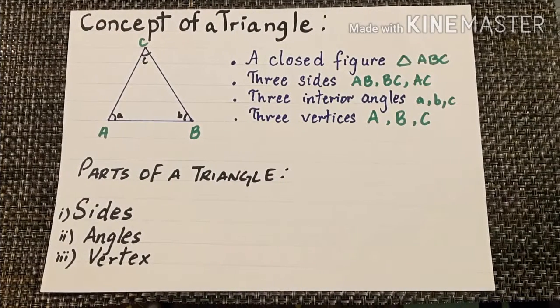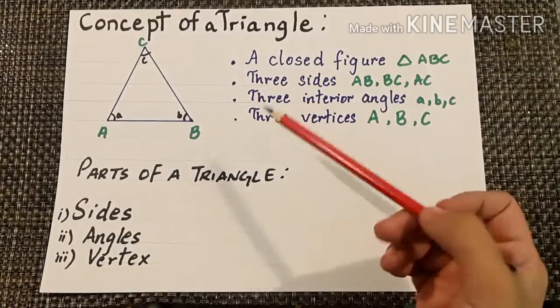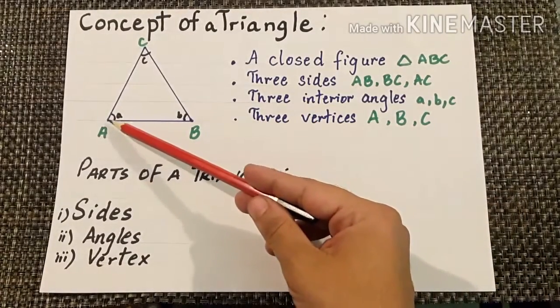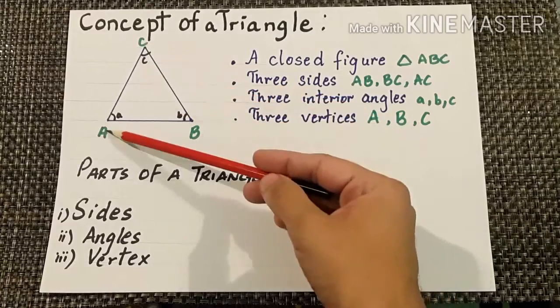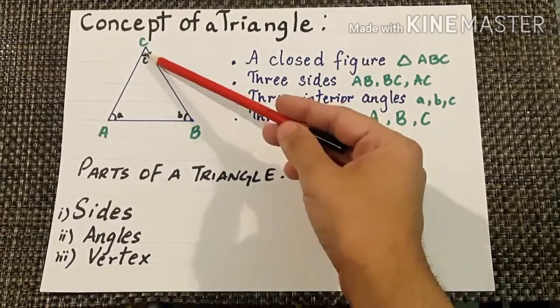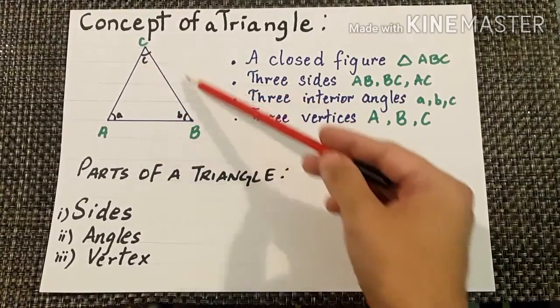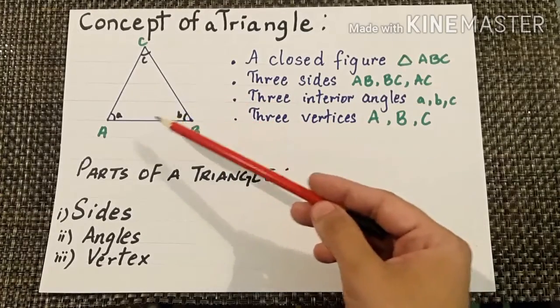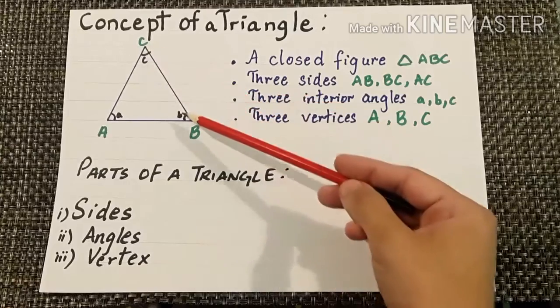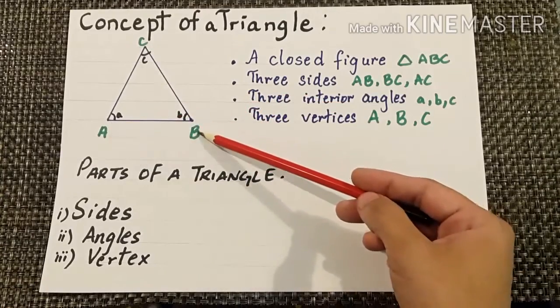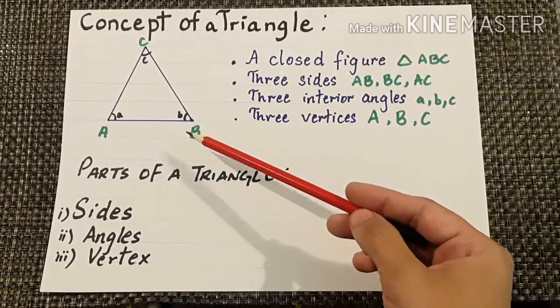Today the topic of our video is the concept of a triangle. Now what is a triangle? It is a closed figure ABC, or CAB or BCA. This is a closed figure which has three sides, side AC, side CB and side AB, and it has three